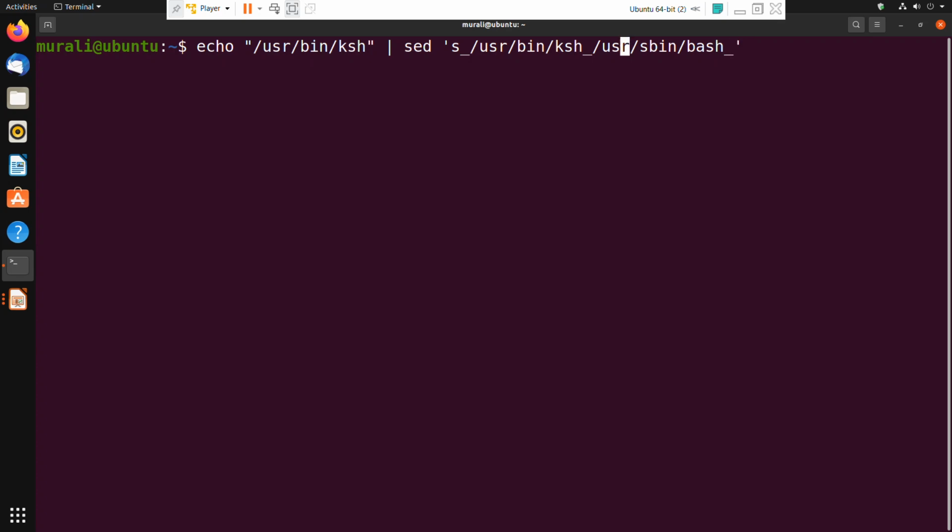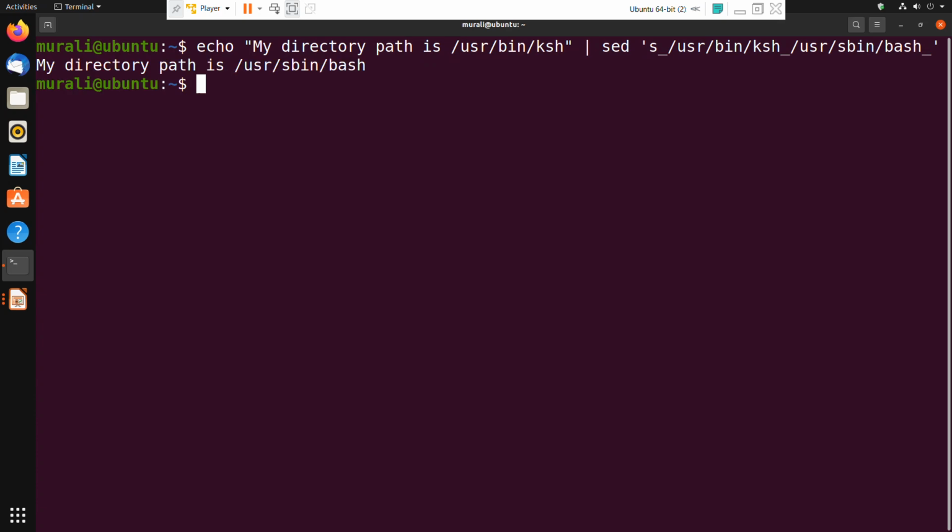Let us suppose this is a part of some other sentence, so my directory path is /usr/bin/ksh. So my directory path is now /usr/sbin/bash. I have changed it to another pattern.